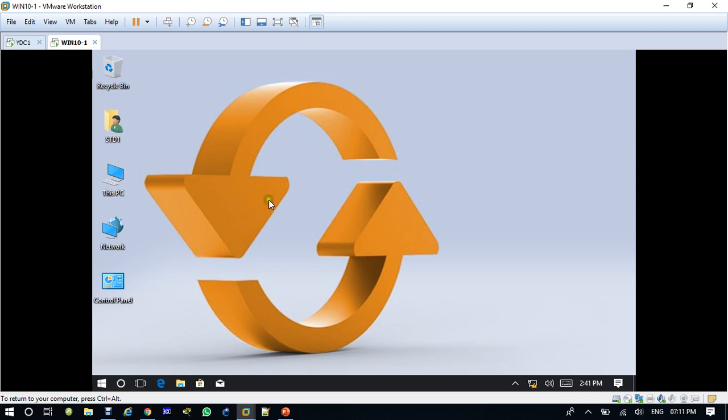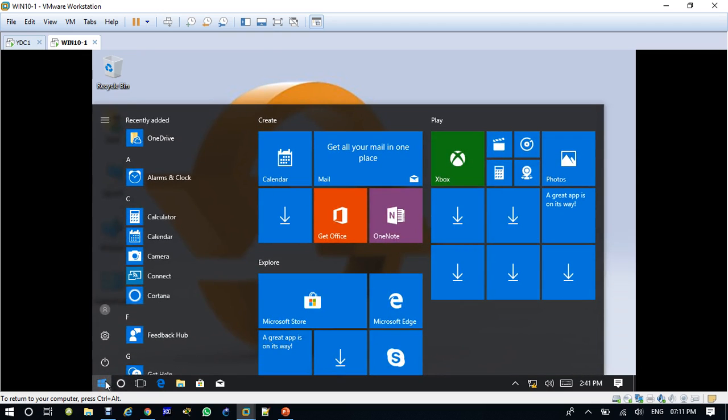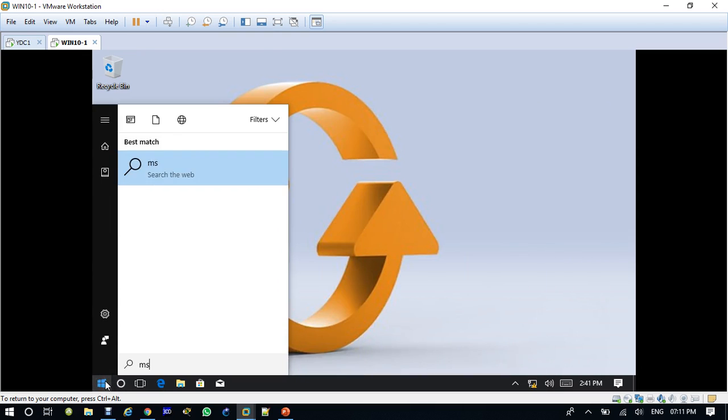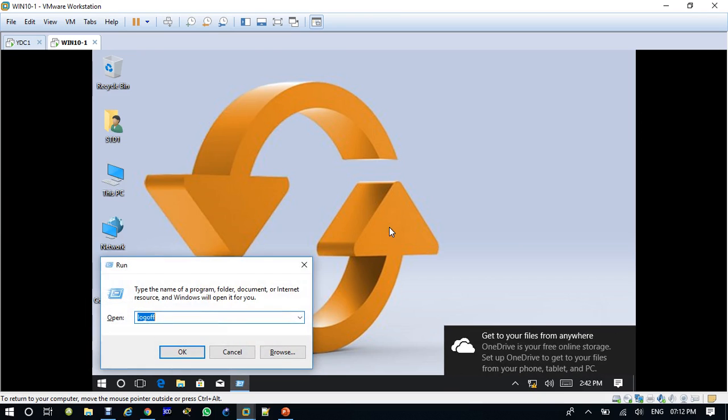Now let's try to open MS Paint. Type here MS Paint. You got MS Paint, open it. See, you are not able to open MS Paint. If you try to open with the shortcut command, let's try mspaint.